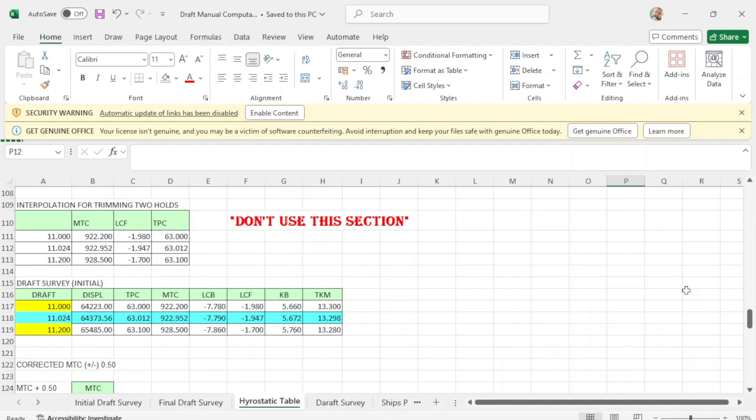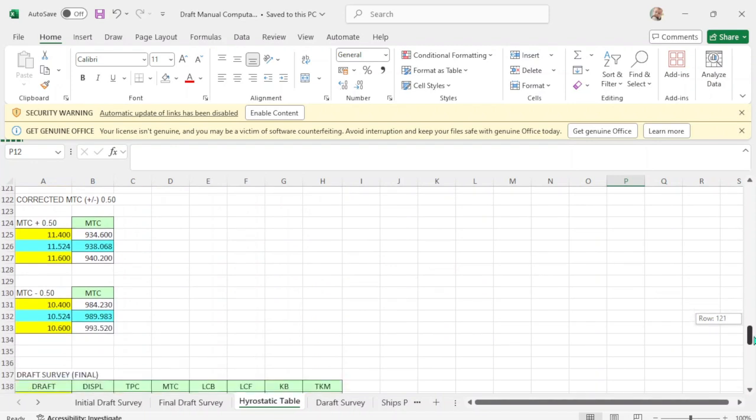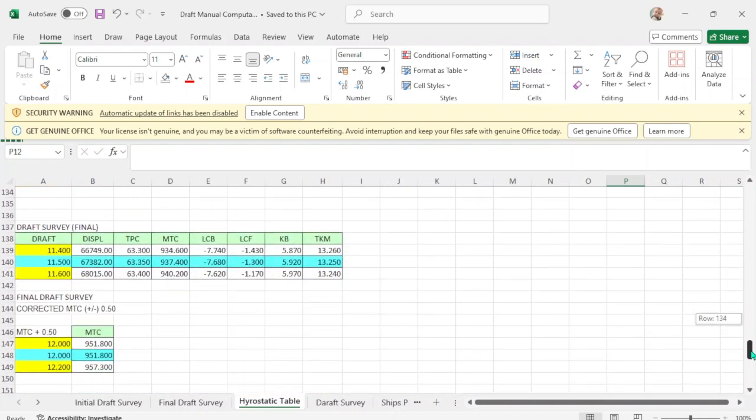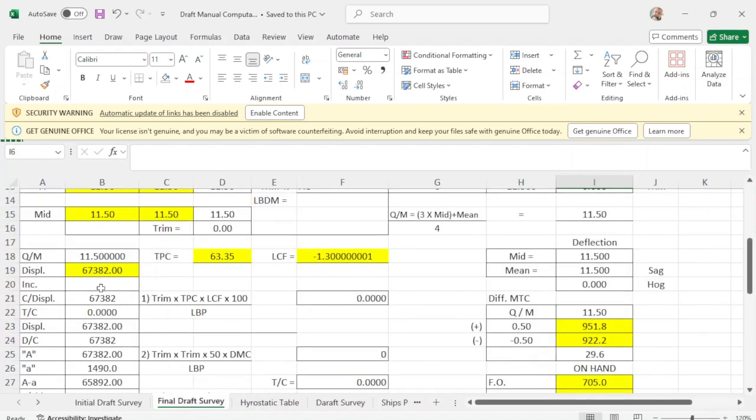Then here, you have the initial drop survey. Then you go to the final. This will be your final, and that is 11.5, your mean drop. And this will be your displacement, TPC, and LCF, which is this one. Displacement is 67382, TPC, and LCF.